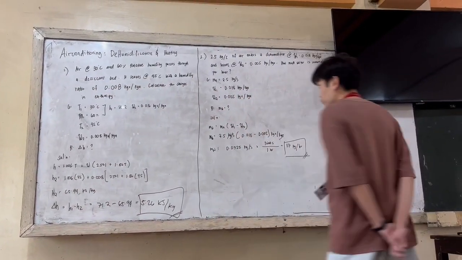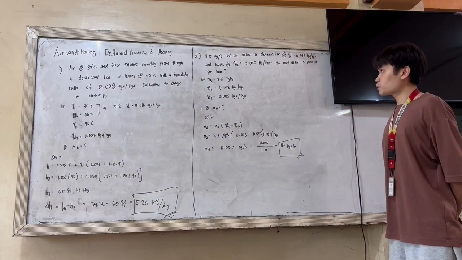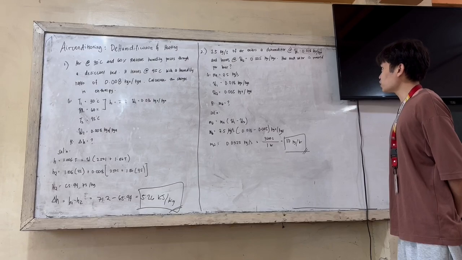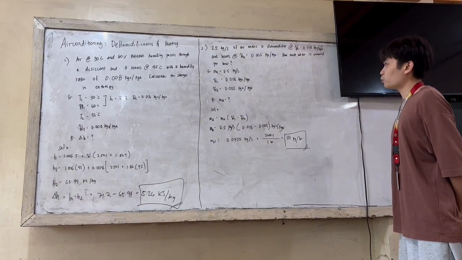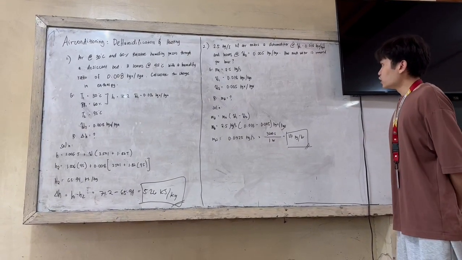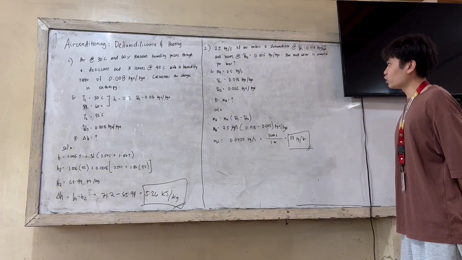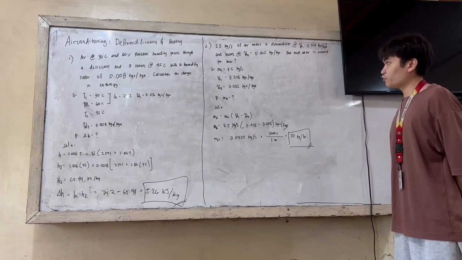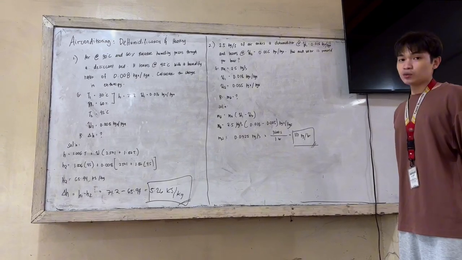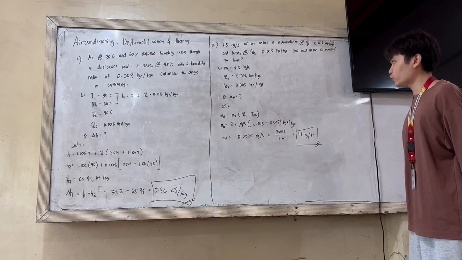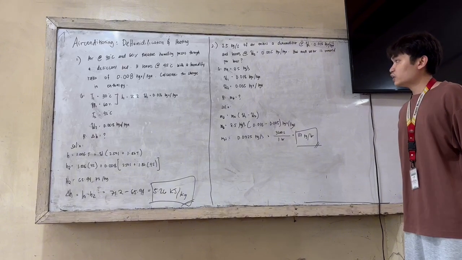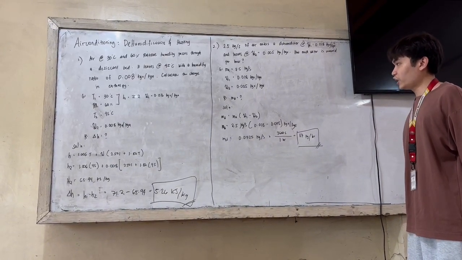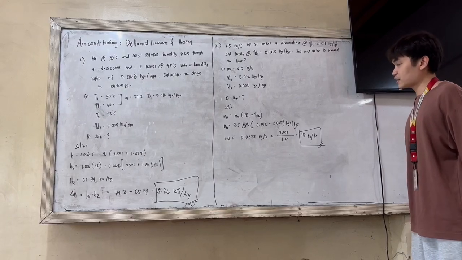At problem 2, 2.5 kilograms per second of air enters a dehumidifier at the humidity ratio 0.018 kilogram vapor per kilogram of dry air. It leaves at the humidity ratio of 0.05 kilogram vapor per kilogram dry air. How much water is removed per hour? So we have the given 2.5 kilograms per second. Humidity ratio at state 1 is 0.018 kilograms vapor per kilogram dry air. State 2 humidity ratio is 0.05 kilogram vapor per kilogram dry air. The required here is the mass of water.